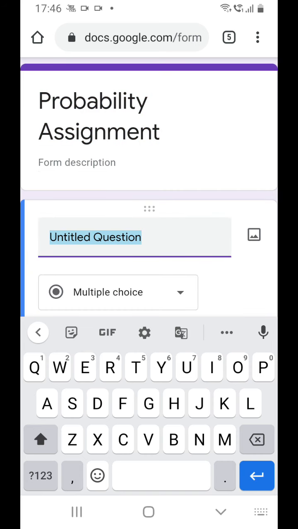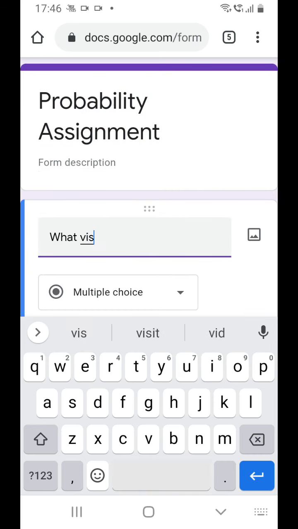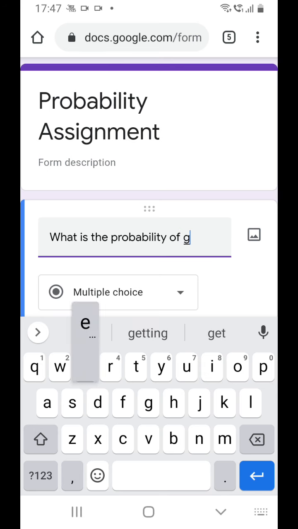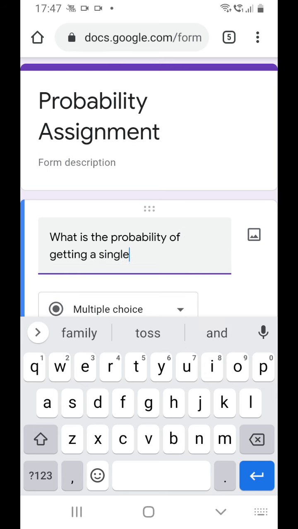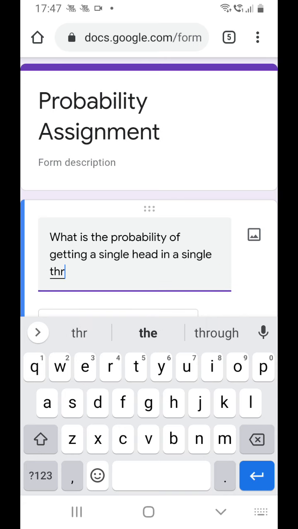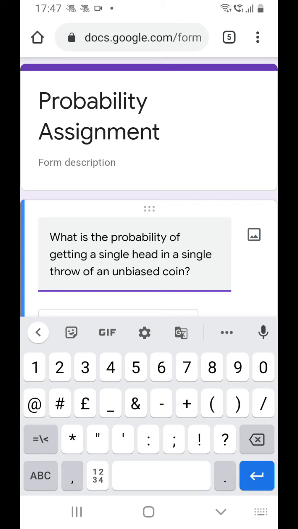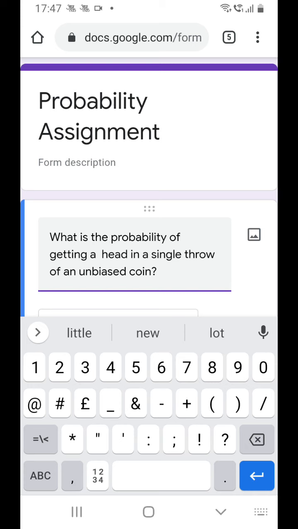And as a demo question, suppose I write, what is the probability of getting a single head in a single throw of an unbiased coin?